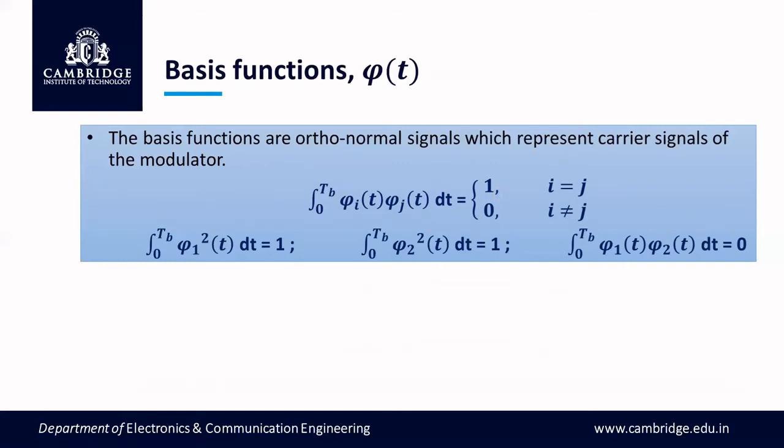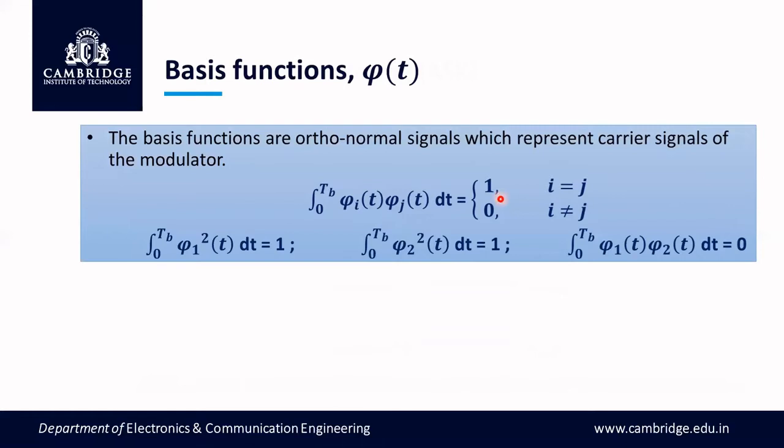So you can choose different amplitudes for the basis function to represent the different digital symbols. If there are m symbols, the technique is called M-ary ASK. If two symbols are there, then ASK is called binary ASK. So keeping this in mind, m represents the number of digital symbols to be transmitted.